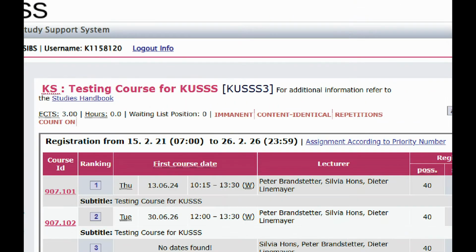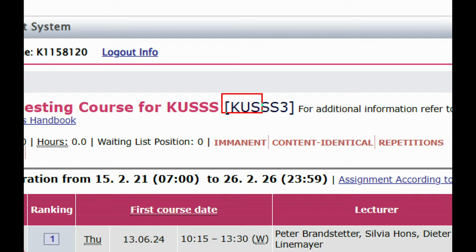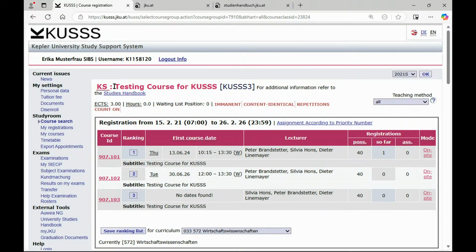When I say course class, I mean this kind of short code between these brackets that says, okay, everything with the same code is same content and same amount of ECTS. Of course, then normally same title. And the second is